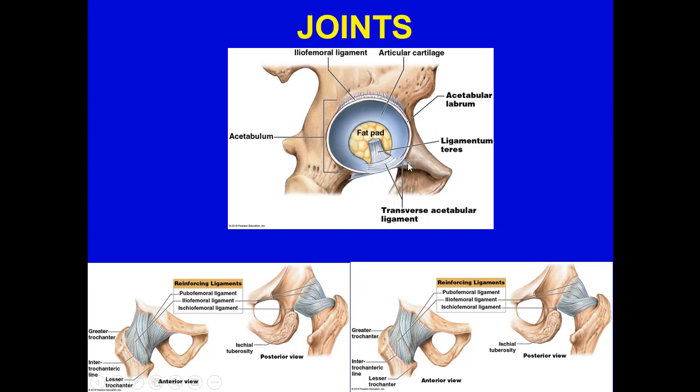Here is the acetabulum as a whole, with articular cartilage, the iliofemoral ligament, and also the acetabular labrum. Okay? And what you have to understand is this: if you look at these images here, you can't even see the head of the femur. Why? Because it's totally wrapped and connected with various reinforcing ligaments, which attach to the greater trochanter and the lesser trochanter, as well as attach to some of the aspects